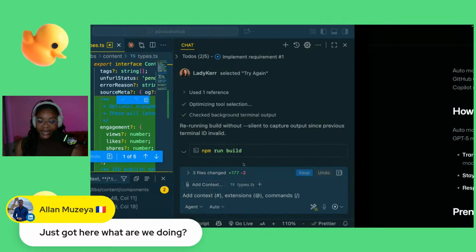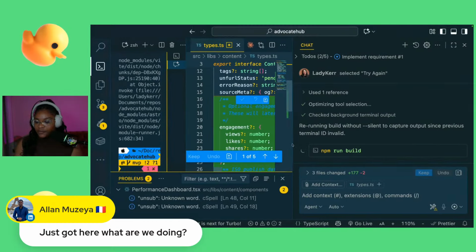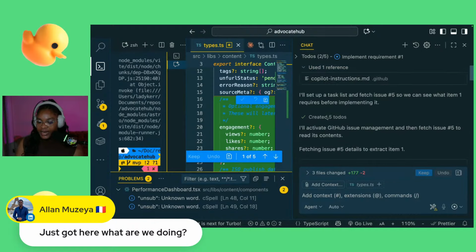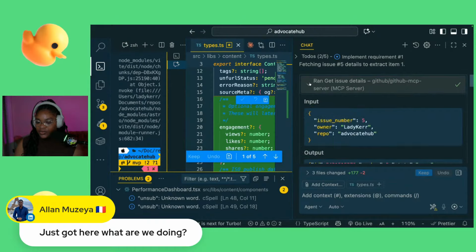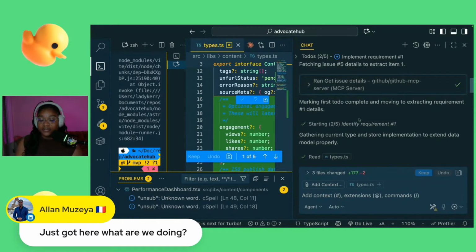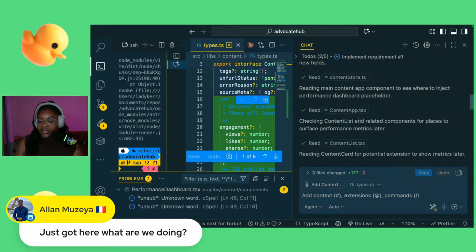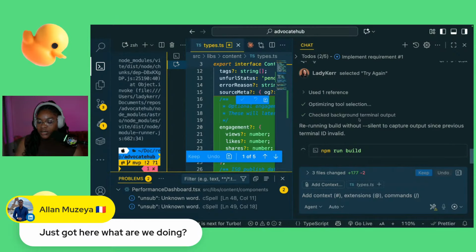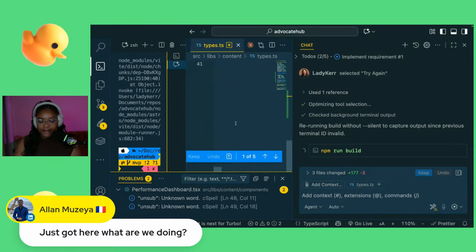And so right now I asked it to fetch issue 5 and implement the first task in issue number 5. And so it went ahead and used the GitHub MCP server to fetch the details of the issue. And now it's trying to implement that here.